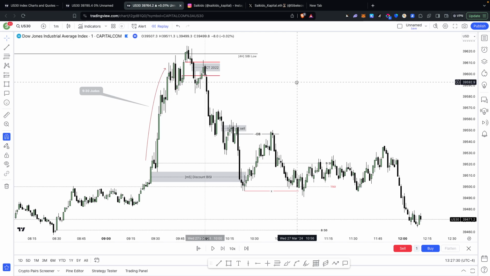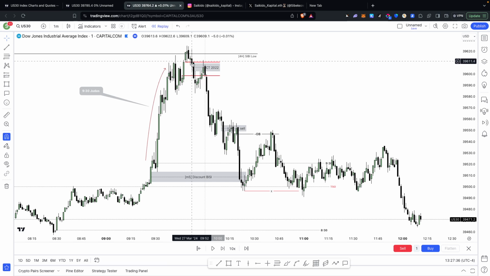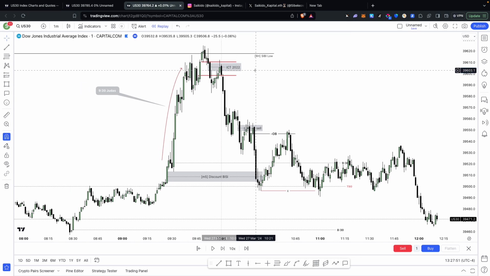Okay, there we go. So we made it to the 4-hour CB right there. And then we dropped lower. Now this fair value gap is a BC, a bullish fair value gap. It was supposed to hold price and push it higher, but if you think of time before price, now it's already 10 o'clock and we have an imbalance that we just traded into. Let us create it at 10.